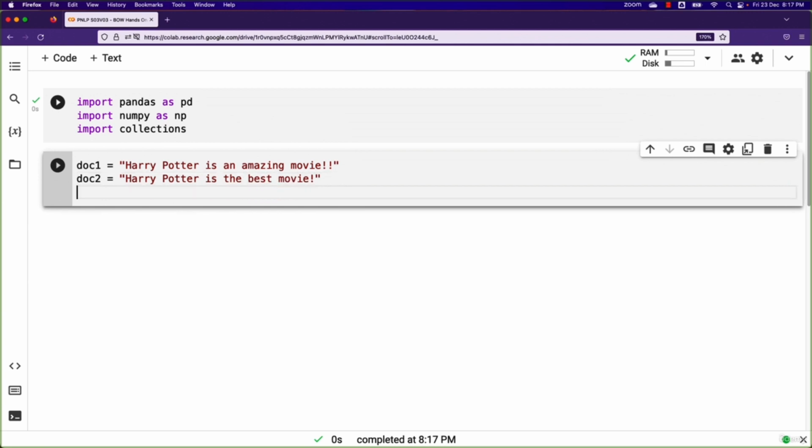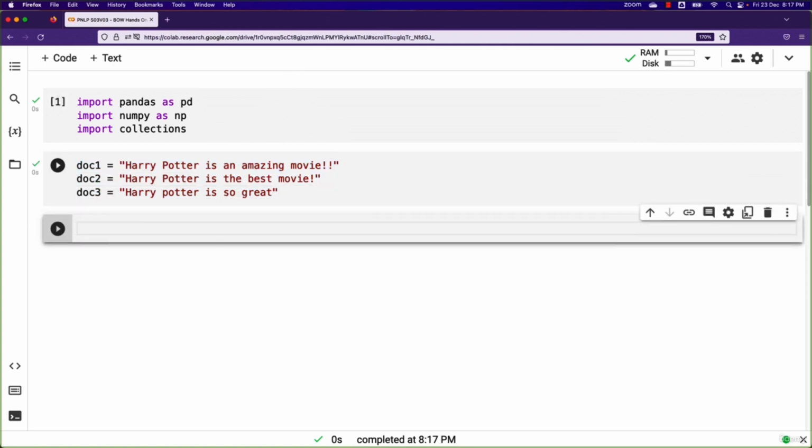Okay, next I'm going to say document 3 is equal to "Harry Potter is so great." Okay, these are the three text documents that I've got in this data set. So once I've got the data set, the next thing that I'll do is perform the data cleaning and